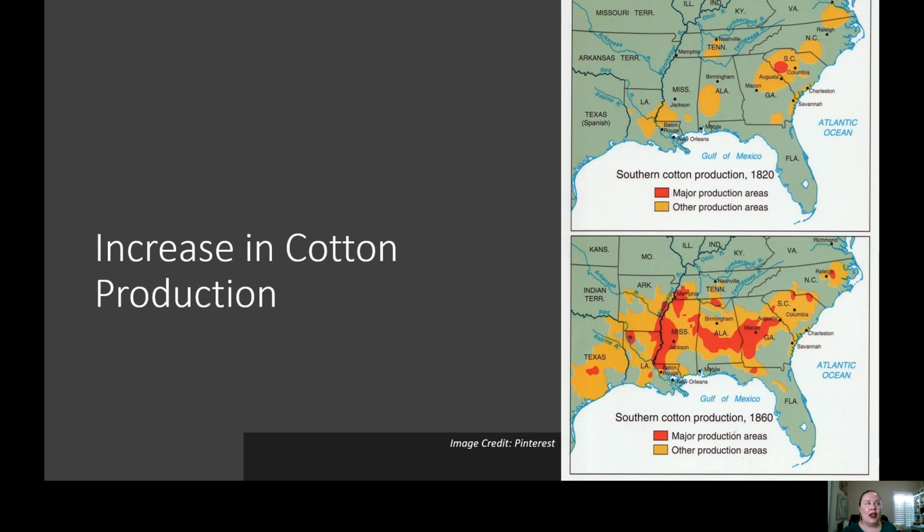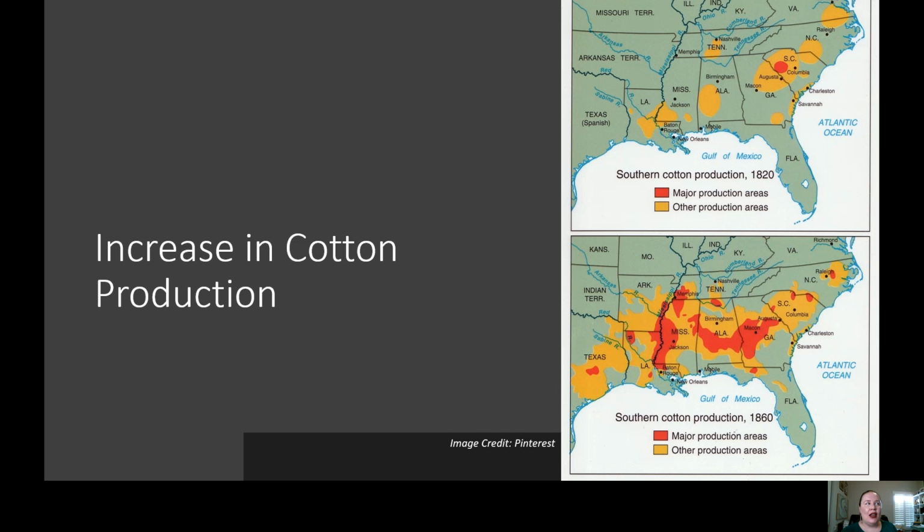So you can see by looking at the maps on this slide just how far cotton shifts. In 1820, when we're still in the infancy of the cotton gin, you can see that major areas of cotton production are still in what we will call the Old South, the coastal regions like North Carolina, South Carolina, and Georgia. You can actually see that the epicenter of cotton production, at least initially, is in Western South Carolina.